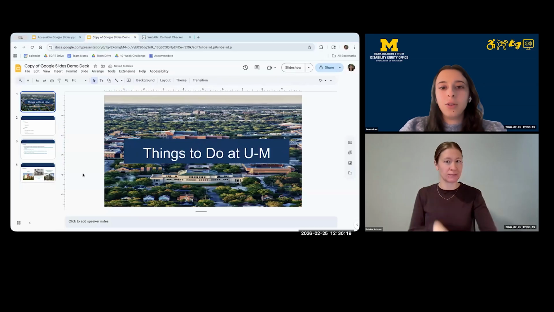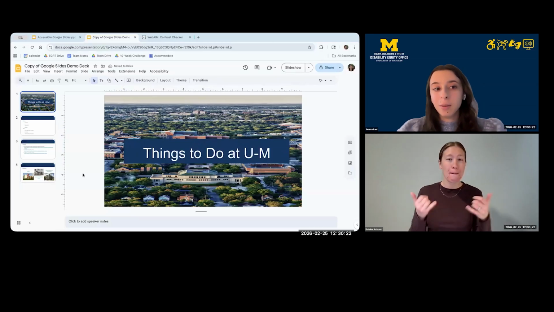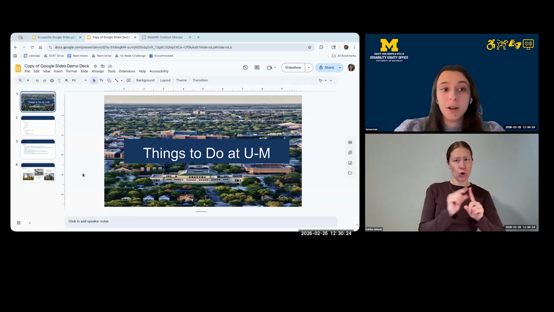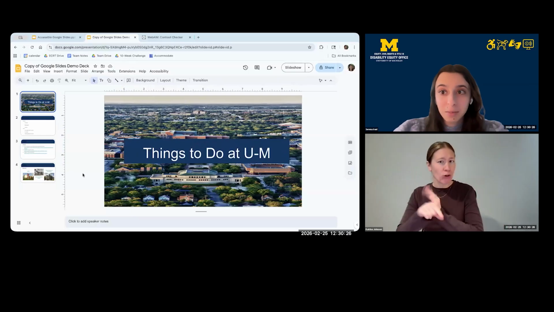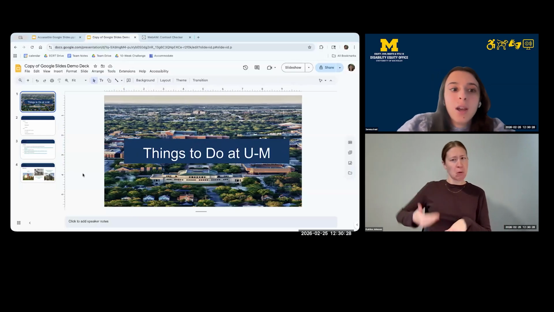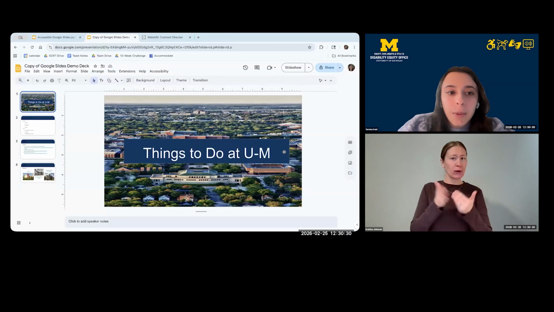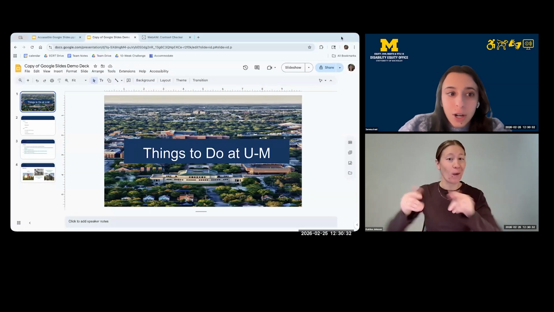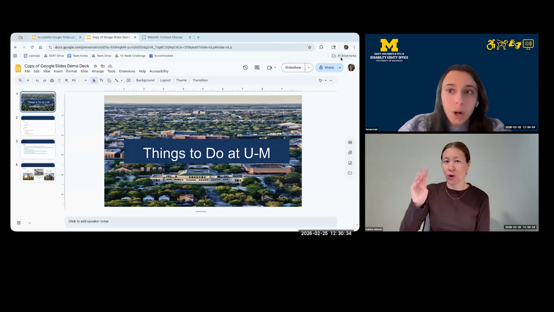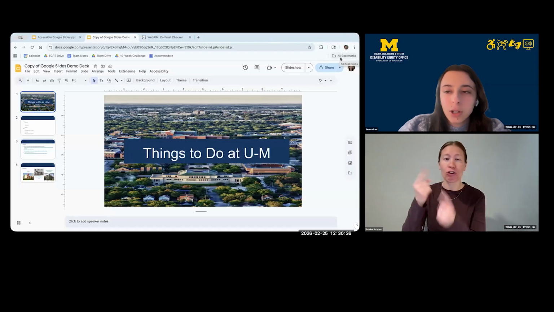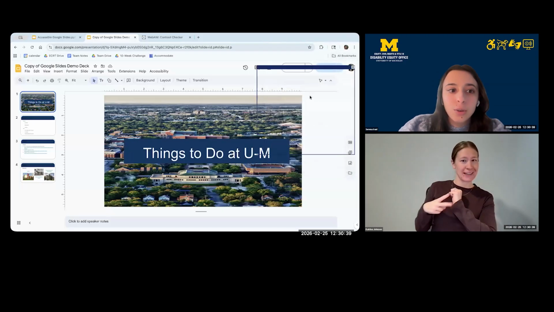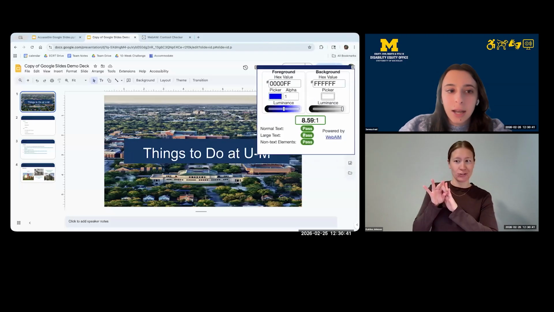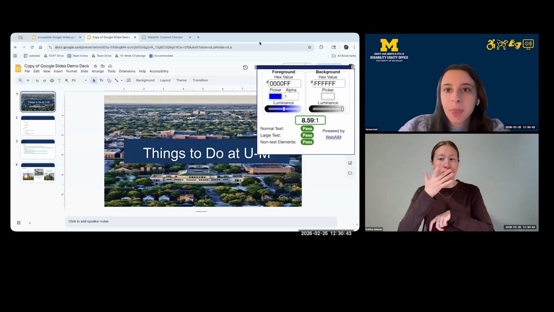Okay, so for the white text, I feel like the blue background has a pretty good color contrast, but we can double check this ourselves. So I'm going to open up the WebAIM color contrast tool. I have it bookmarked in my web browser, and this will allow me to check the colors in the slide deck in real time.